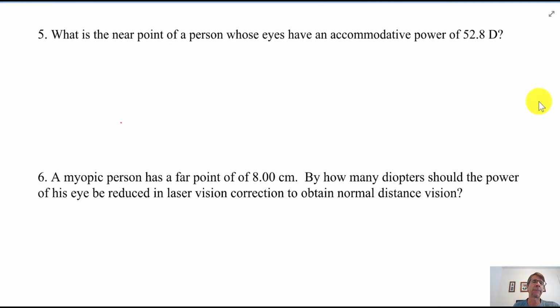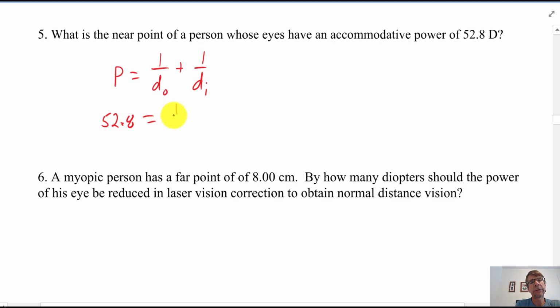So back to a problem that's just talking about the person's eye. Now we're kind of doing a backwards problem. They're giving you the power of the person's lens. It's not 54, which would be a near point of 25 centimeters, but it's just a straight plug into the power equation. Power is 1 over d sub O plus 1 over d sub I. All right, so you have 52.8 diopters, which are the correct units. 52.8 equals, okay, at what distance is your object that you can see clearly if it's going to put an image on your